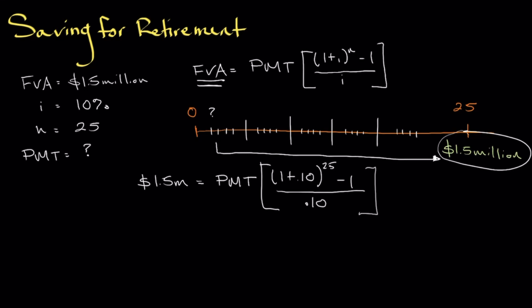So on your calculator, you probably have a Y with an X exponent kind of button that looks something like this. It's got the Y and then it has the X up here. That is what you'd want to use here. And so if you take 1.1 and then you hit that button and then you insert 25, you're actually going to get